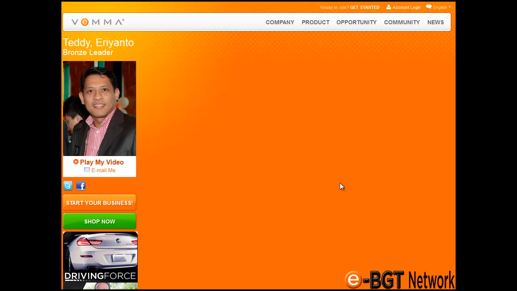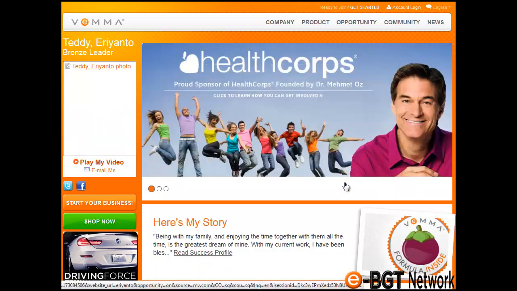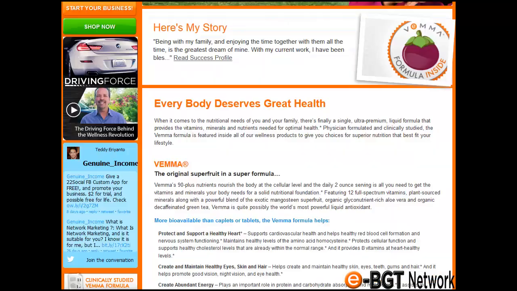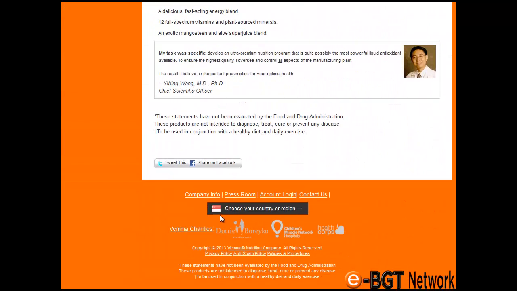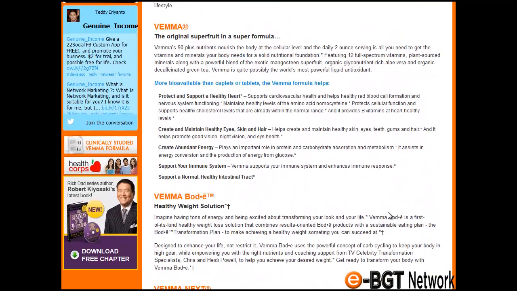It will go back to the original page, but now the country is Singapore. The flags of Indonesia and Singapore are slightly similar, because originally it was the Indonesian flag, but there is a small difference in the top left corner of the Singaporean flag. So we are in Singapore